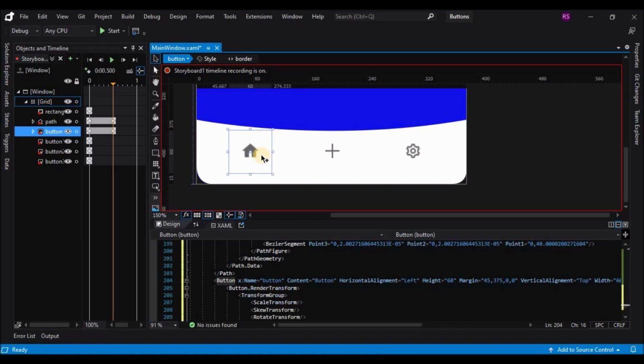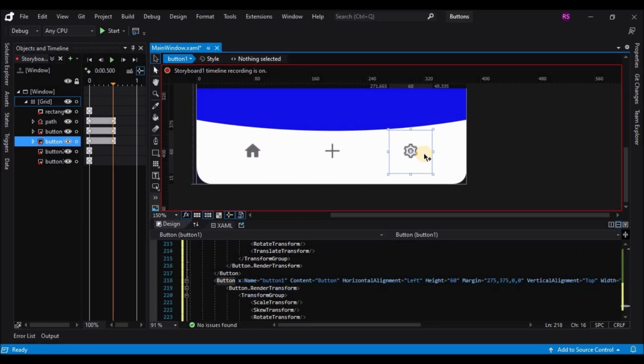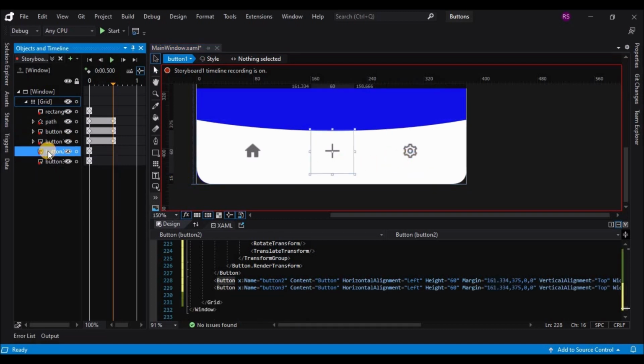Okay, so if I run the animation now, before that I also have to hide the plus button and show the multiply button on the last keyframe. So I will go to the visibility and change it to hidden, and I will change the last button from hidden to visible.